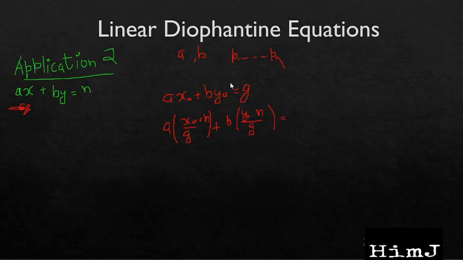So on the right hand side, after dividing by g, we will get 1 and 1 multiplied by n will be n. Now this thing will be surely an integer because n should be divisible by g. Remember application number 1, for a solution to exist, n should be multiple of GCD, that is g. Now you can see this is the same equation as this. So our one solution can be something like this. X1 should be x naught times n divided by g, where x naught is the value that we found out using the help of extended Euclidean algorithm. Similarly, y1 will be,